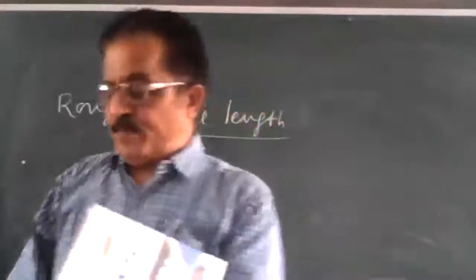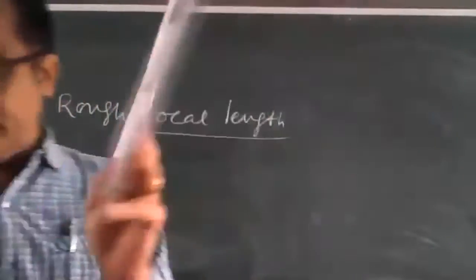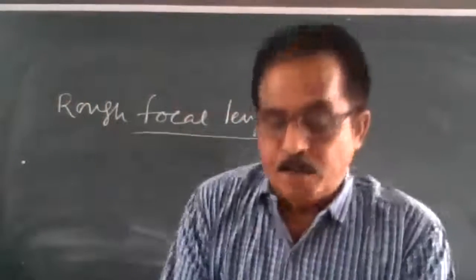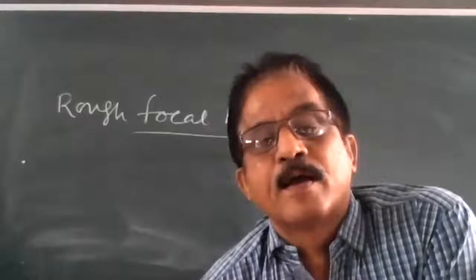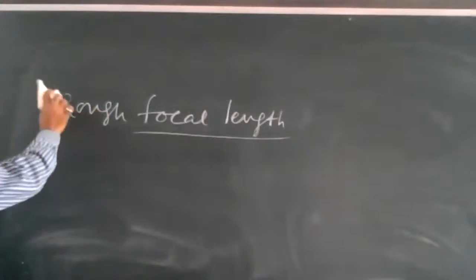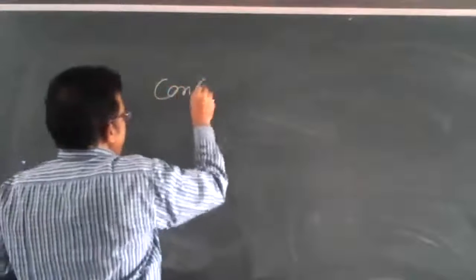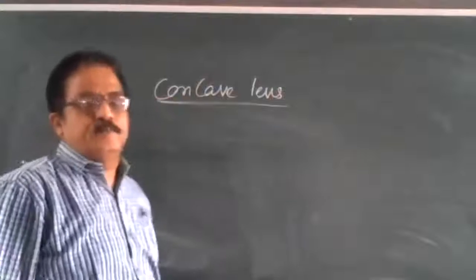Just we have focused them. एक बार वापस बता रहा हूं मैं आपको. You see that here. Now, my dear children, so this is the way to find out the rough focal length of a convex lens. Now, we are going to see the formation of image by concave lens. Formation of image by concave lens.